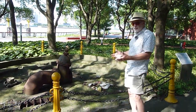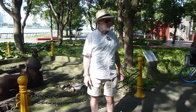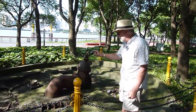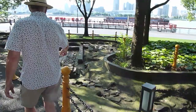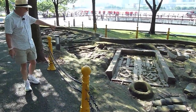Let's just make sure you know where we are. We've got the river right there with boats going down the river. You've got this beautiful arboreal park beside me, and then this sculpture of an archaeological site, even with the things numbered. So we've got an old piece of boiler piping here, tiles from the roof of a house, an old gate,